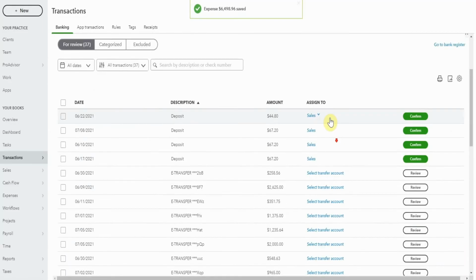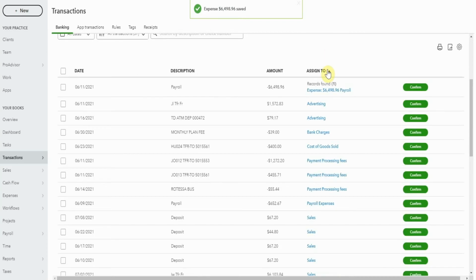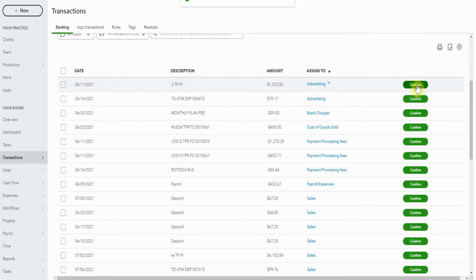So if I go back here and pop it back up, I'll match this. I'm not delighted that the word payroll is here, but understanding that the underlying transaction is okay, I'm going to confirm this. This whole matching, adding, confirming, reviewing, it really is very confusing. So if you're feeling a little unsure, watch this again, check out some other videos, ask me a question. We'll walk through another couple of examples and hopefully it'll start to make a little more sense.